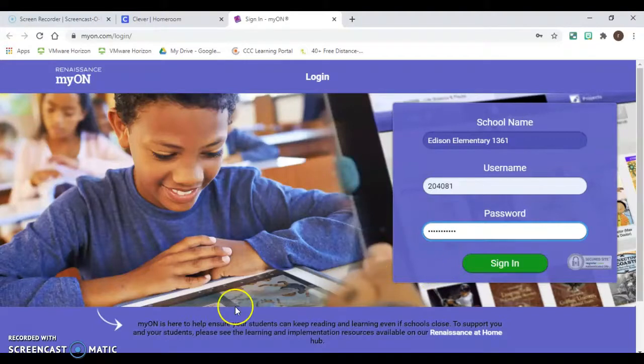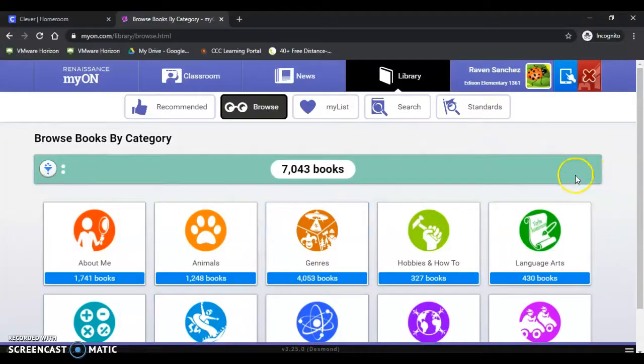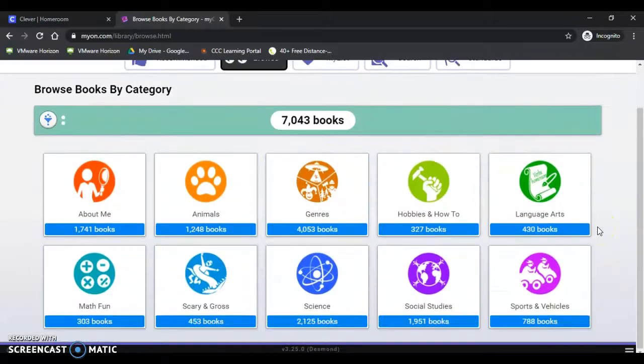After that, you're going to click on sign in, and then you should get to a screen that looks like this. It might ask you to fill out a survey, so you can fill out that survey really quickly. It's just going to ask you a few questions about what kind of books or topics your student would be